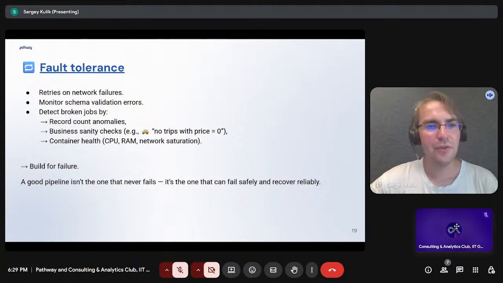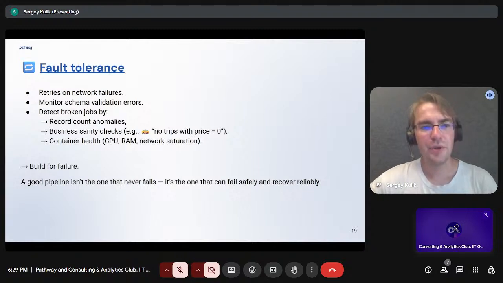Finally, we have fault tolerance, which needs to be enforced, because if you work in a big organization, the profits depend on the trustworthiness of your data and on the delivery of the data in a timely manner. So do it twice, do monitoring, and when doing monitoring, you will need to have several kinds.